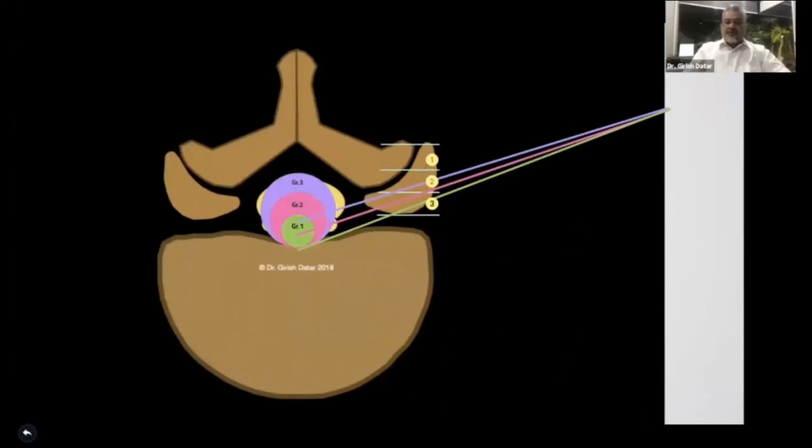Now, this is a pictorial depiction that you are keeping your skin entry point, because this tells where the herniation is. So if you have a central herniation, your skin entry point is the same, but with the changing grade of dorsal migration, the amount of foraminotomy that is required also changes.